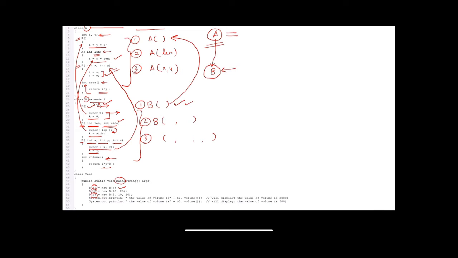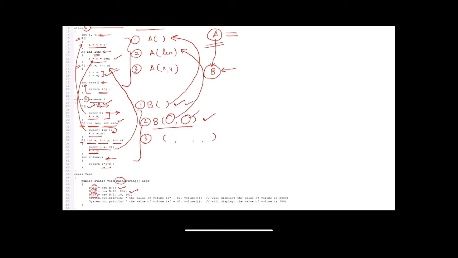Now my B2 object is calling a constructor that takes two arguments. If I see my B class having two arguments, such a constructor is defined over here. So this constructor will first call the constructor of A class using the first parameter len, and then the second parameter will be used to assign the values of the B class.